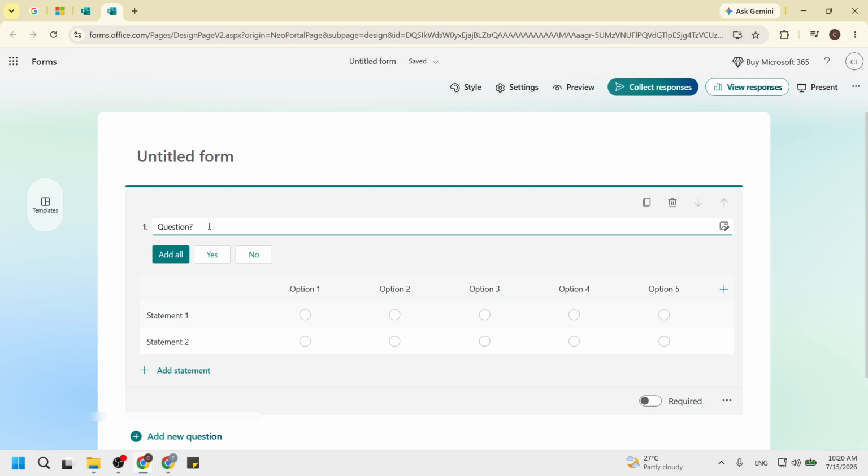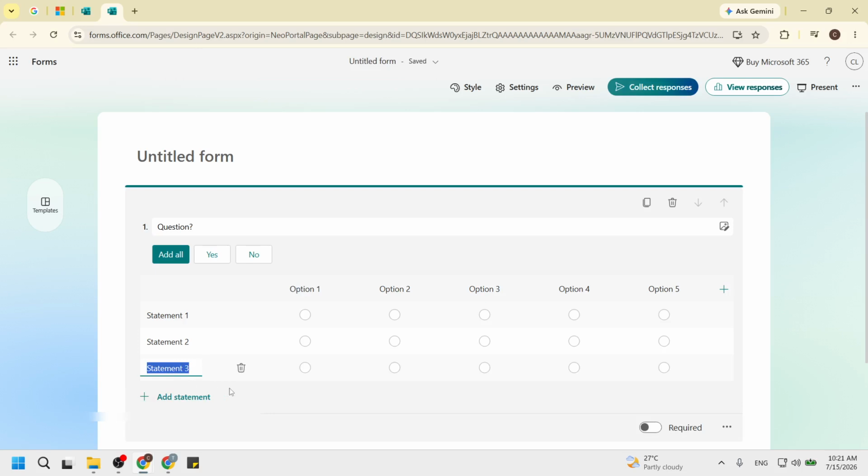Now fill out your row variables under Statements and your column options under Options. The row variables could represent different aspects you want feedback on, while the column options might be the rating scale, such as strongly disagree to strongly agree. Don't forget, you can click the plus icons to add more rows or columns if needed. This flexibility allows you to customize the table to suit your specific needs and ensures that you gather comprehensive data